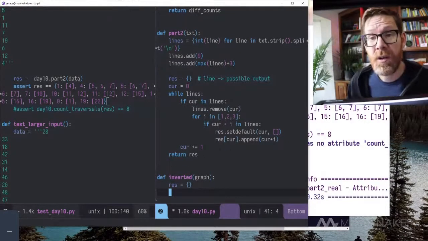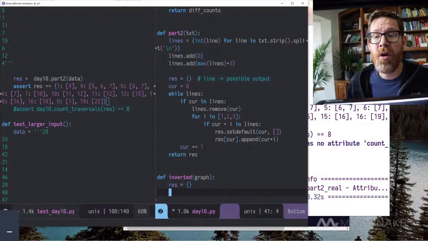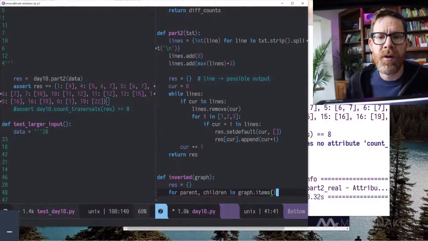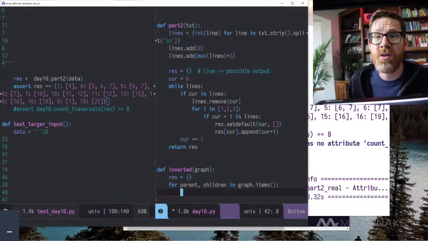And then what I'm going to do is loop over the keys and the values in my dictionary and stick them in the inverted dictionary. So I can say for parent, children in graph.items. If you loop over items, you get the keys and the values. Note that children is a sequence here. And then I'm going to say for child in children,